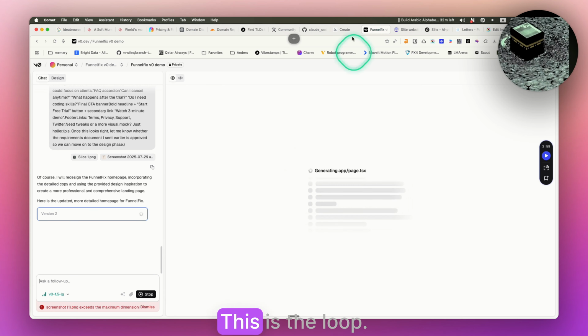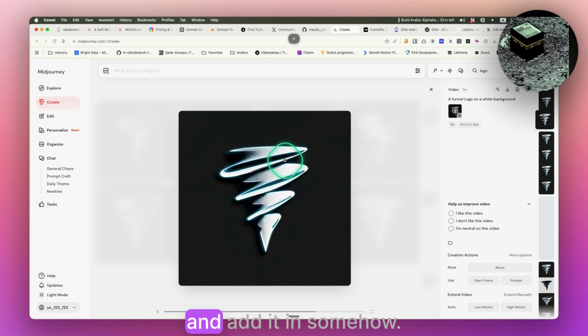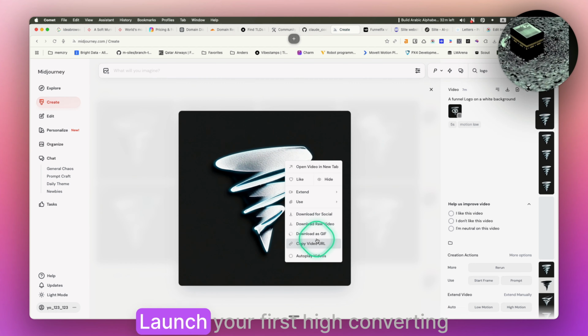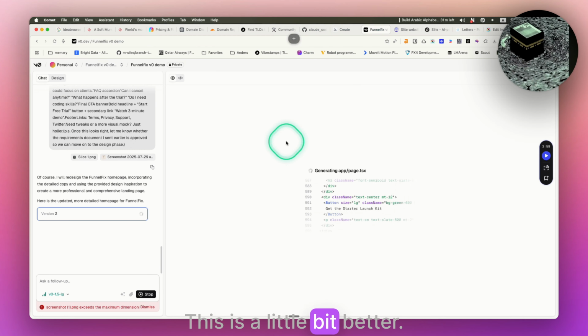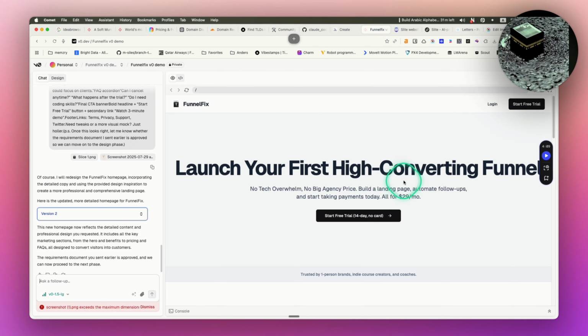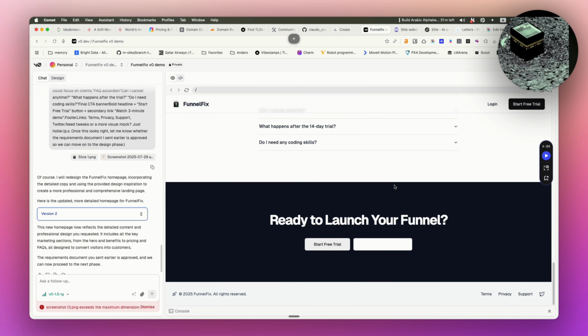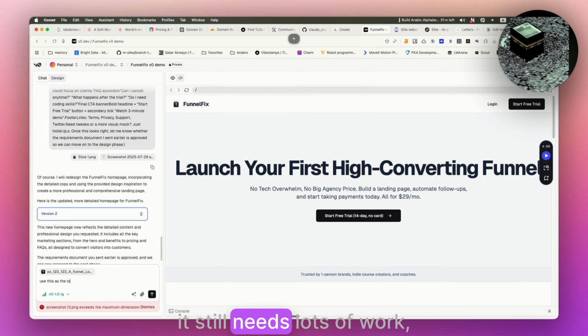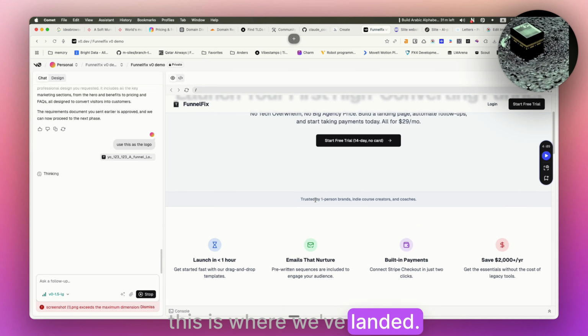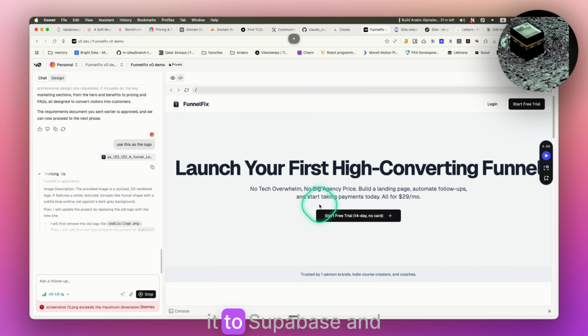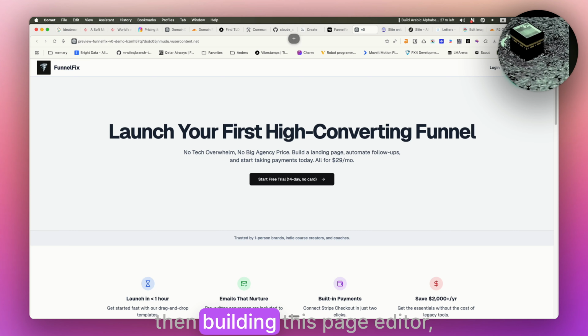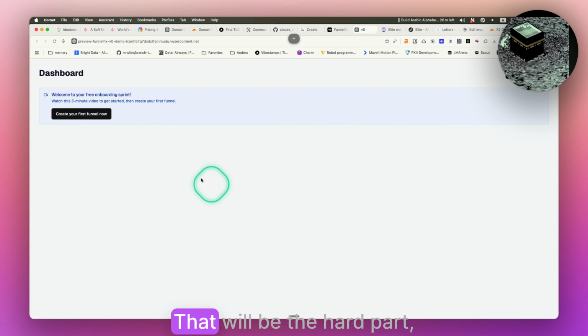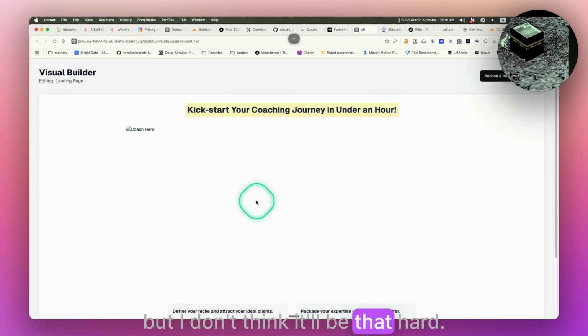Oh yeah, we have our animations too. Which one's the best animation? This is the loop. This one's the best. So we're gonna go download as GIF, and we're gonna go to V0. We're gonna add it in somehow. Launch your first high converting funnel. This is a little bit better. Yeah, it still needs lots of work, but once we get the logo in there, we will take a break. Okay, this is where we've landed. The next part is going to be connecting it to Supabase and then building this page editor, this funnel